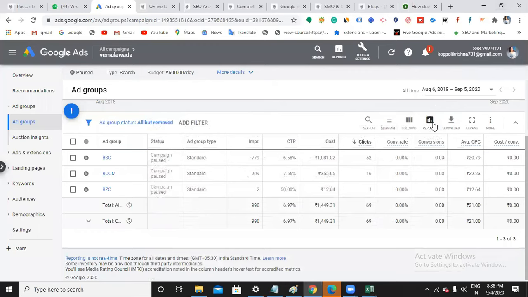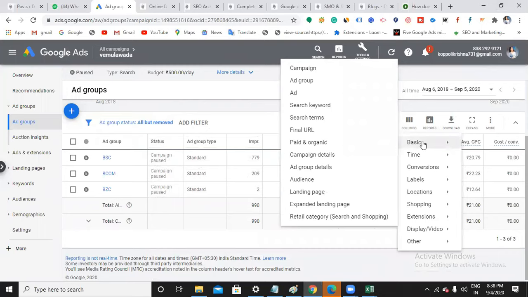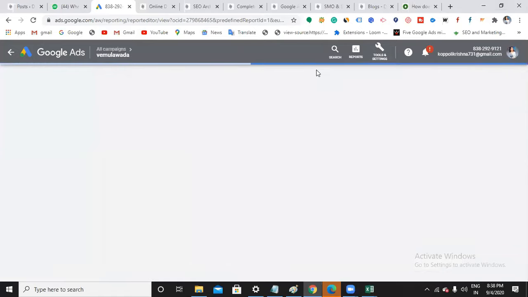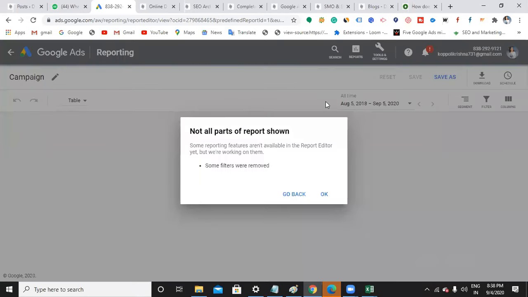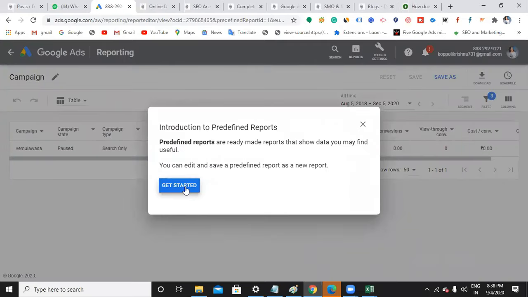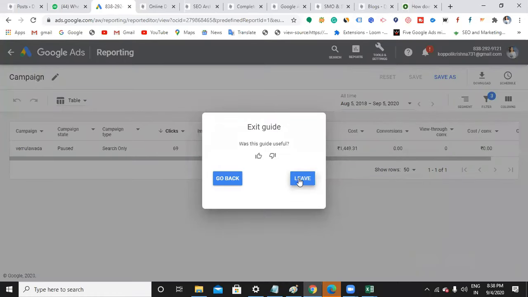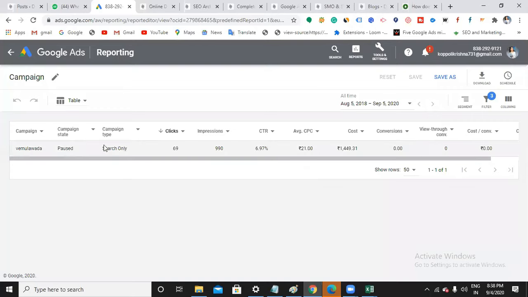One more thing is that you can generate reports directly here. Let's say I want to generate a report campaign-wise. Now you can see this campaign: how many clicks you got, how many impressions, CTR, cost, conversions.